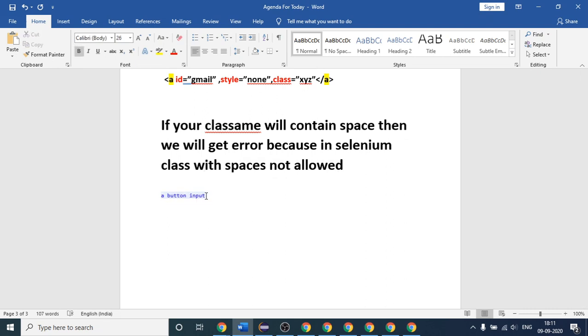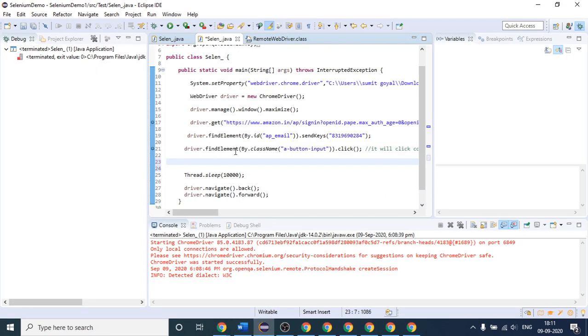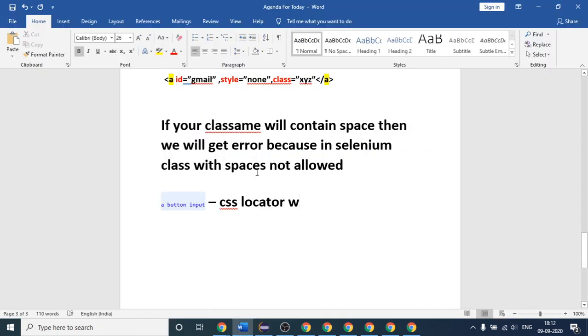In that case, you can use the CSS locator strategy. We will not discuss this as of now; we will discuss it in another lecture. So what I am saying is, if your class name contains a space and you try to go this way by dot className, and suppose here are the spaces, then it will throw an error, because classes with spaces are not allowed in Selenium.